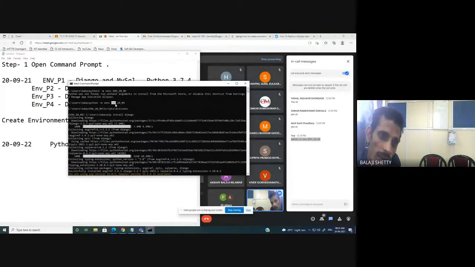A folder named env_20_09 gets created. First step. Second step, activate the environment: env/Scripts/activate. This is the command to activate the environment. Now you can see here, whatever environment name you give in this command, the same environment name appears here.